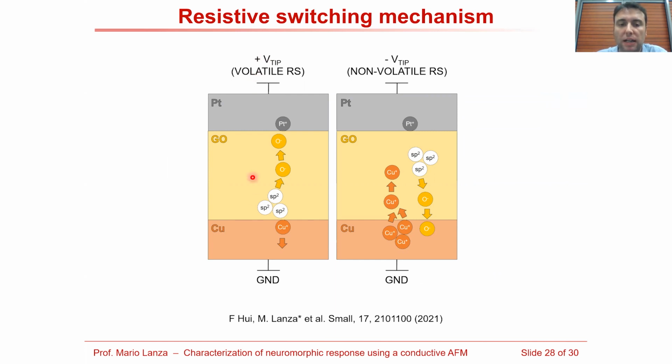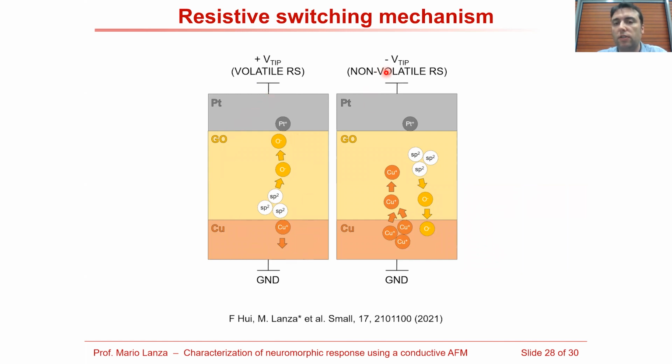When we apply a positive stress to the platinum electrode, the platinum is a noble metal and it has a very low diffusivity. And therefore, the conductance change in this material system is normally produced by the migration of oxygen atoms, which produces some oxygen vacancies. When we apply the positive bias here, copper ions don't enter because copper ions are positive and they will move in the opposite polarity. So this is what leads to the volatile resistive switching regime.